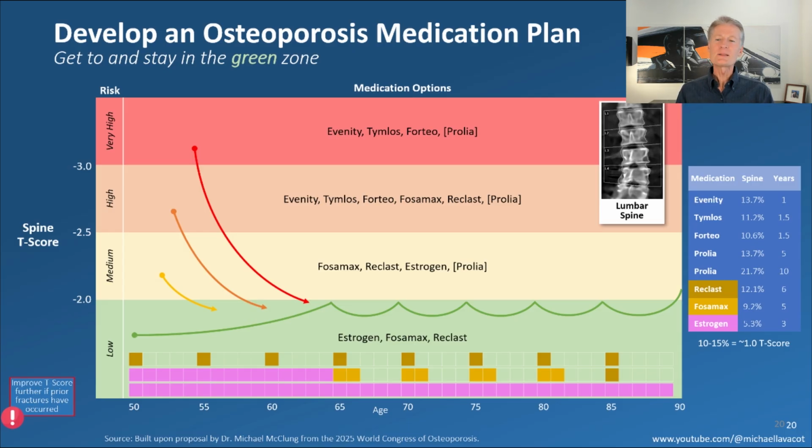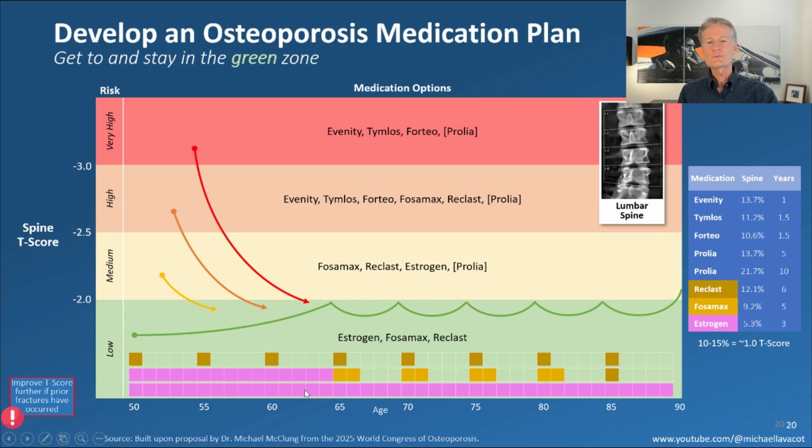But I know it's a big leap of faith, right? If you're not above this -2 or even -2.5 for that matter, if you're not worse than that, it's tough to take a drug, right? They have side effects. But if you were convinced to do that, and that's what the study did, they found people that weren't in osteoporosis yet, and it kept them out of it. So that is an option.